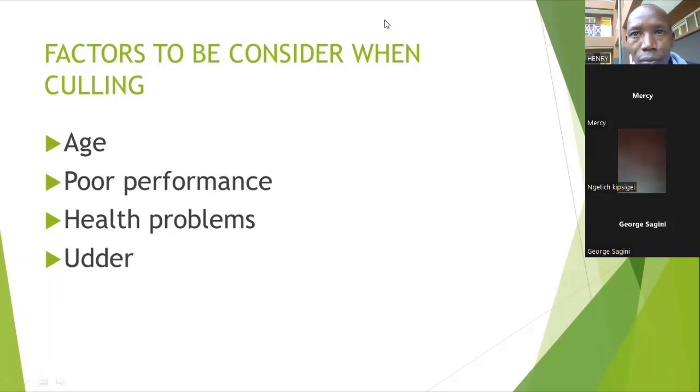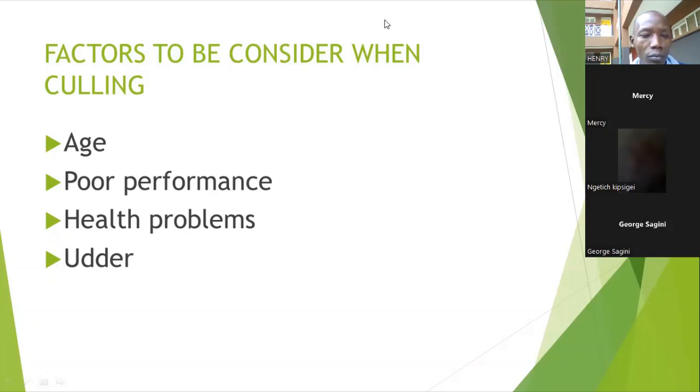Yes, one is to maintain the number of desired animals, for example, in the case of overstocking, which may lead to losses. You have to sell the excess animals so that you can remain with the exact number of animals that a farm can hold without overgrazing. Another point is that you have to consider health. If animals are likely to have health problems, you also need to consider culling them.